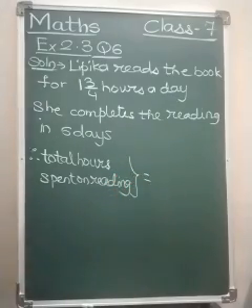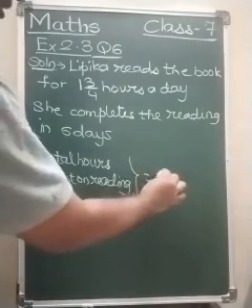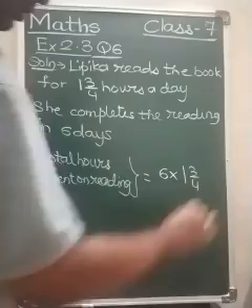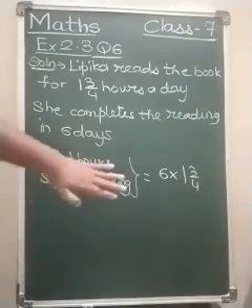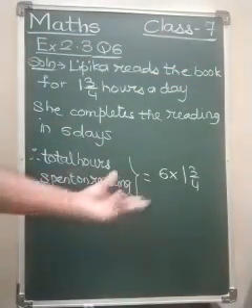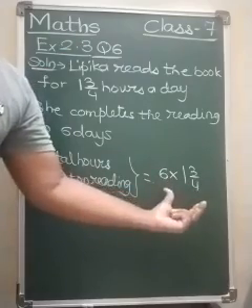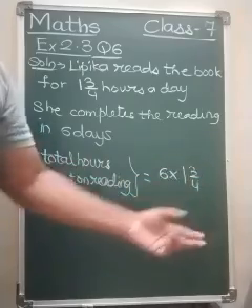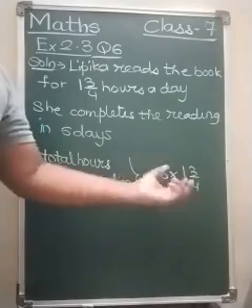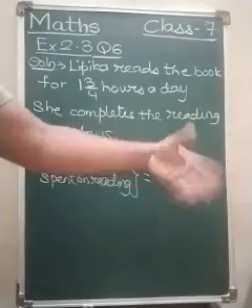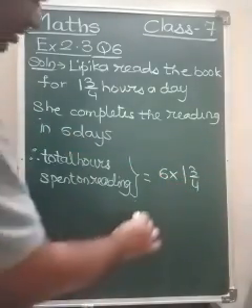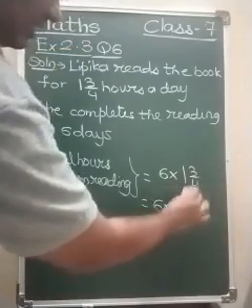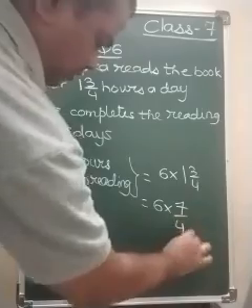Total hours spent on reading equals 6 multiplied by 1 3/4. This is just a written work. We have solved such a kind of sum, a whole number multiplied by a mixed number, so we can easily solve this. A mixed number is there, convert it into an improper fraction. So this equals 6 multiplied by, 4 ones are 4, plus 3 is 7 upon 4.